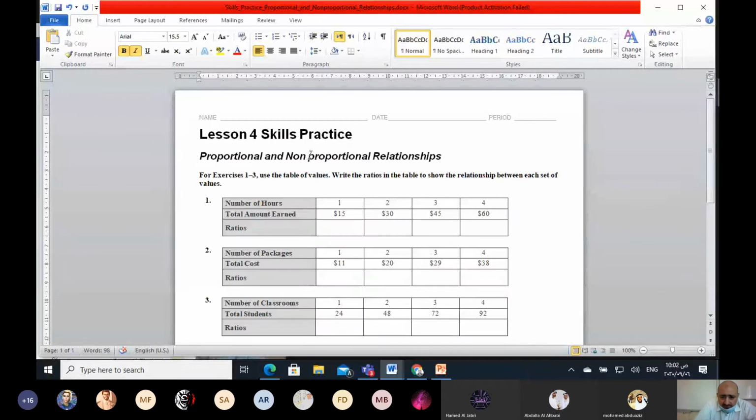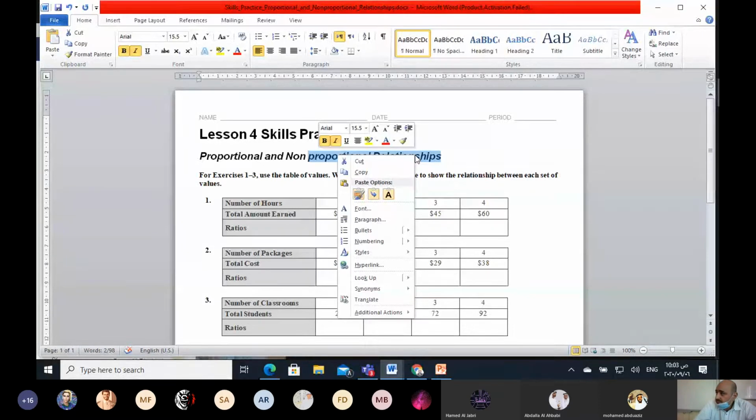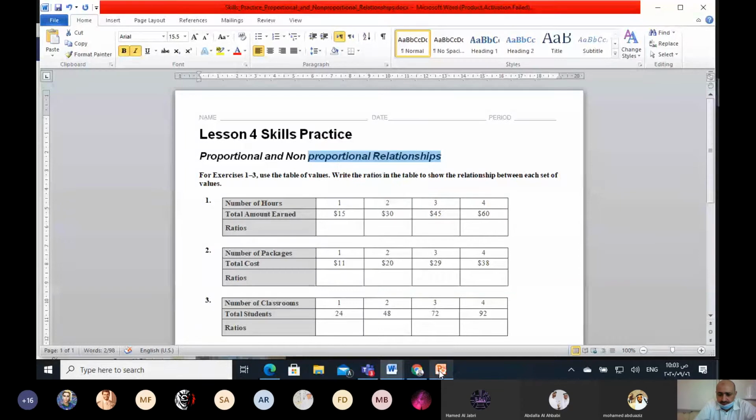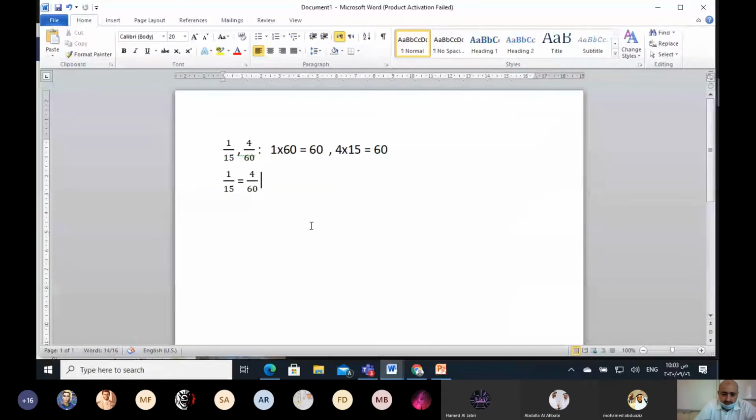Proportional. So we have here a proportional relationship, because we have equivalent fractions. Right. The second example,